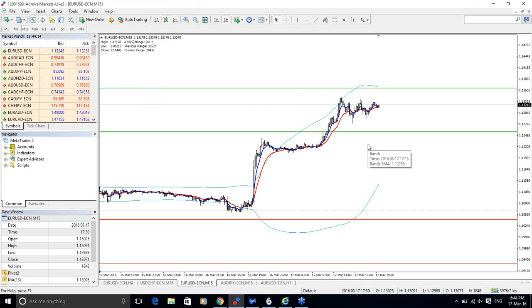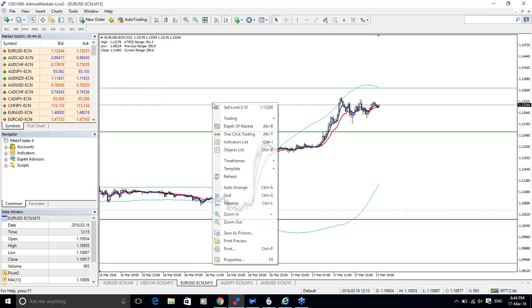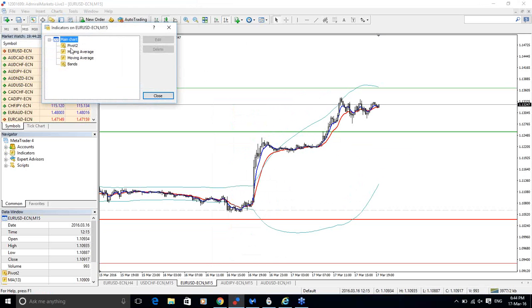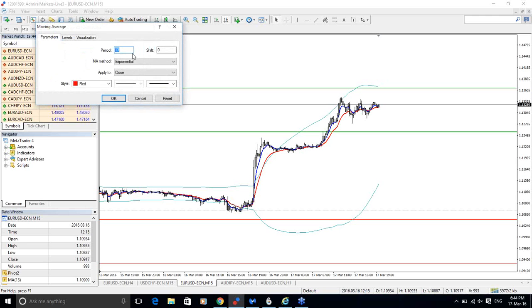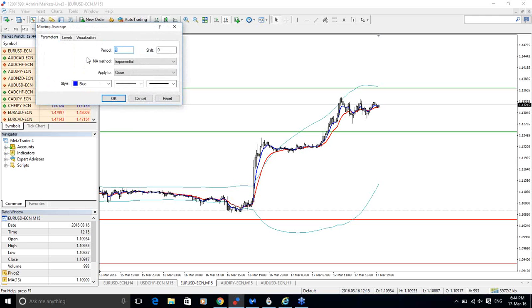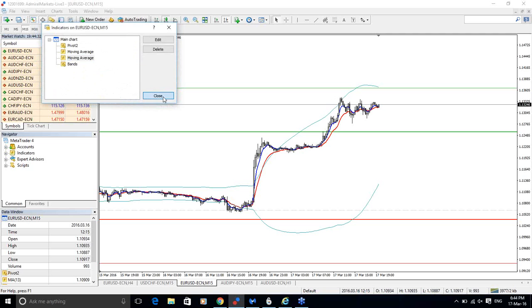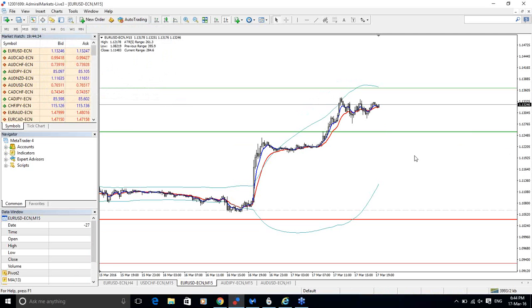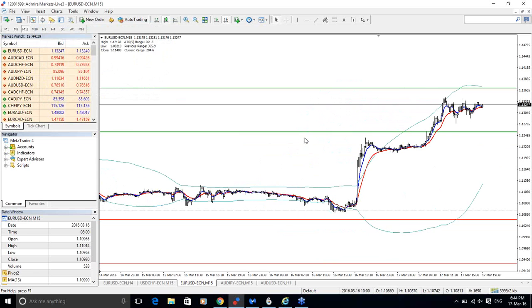So actually, what I like to see is the cross inside Bollinger Bands. These two moving averages are 13 exponential, and the second one is 5. So actually, it's the 5-13 EMA cross, that is also well known in the Forex world. But how to filter it out? Actually, this is how you can filter it out.